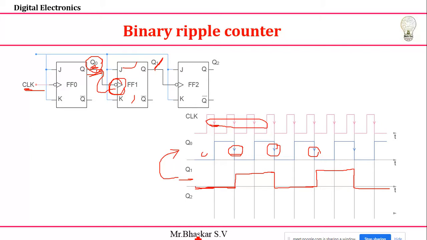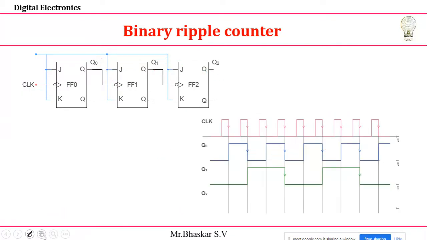Okay, so let's move on to the Q2 value. Same thing, Q2 totally depends upon the Q1 negative edges. See how I'm going to write. So this is the waveform I'm getting for Q1. Let's move on to Q2. How I'm getting the negative edges of that. This is my negative edge and this is my negative edge, and I'm going to write the waveform. See first initially because of 0 I'm going to get this, and next the value here is 1, next the value is 0. So you write the waveforms first.